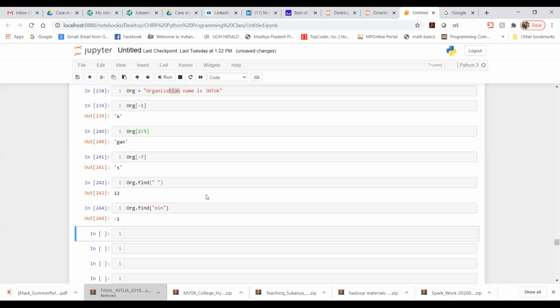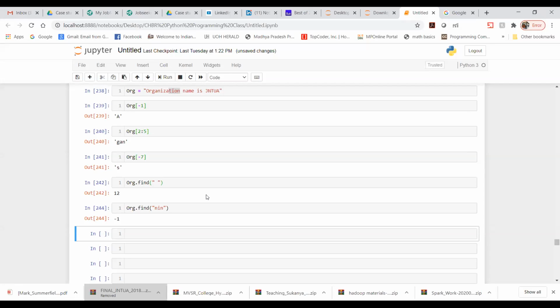If it is not there, that means if we are not able to find anything, then we will get -1. Please do remember this. If we are not able to find anything, that means it is not present in the string, and we would get the answer -1.